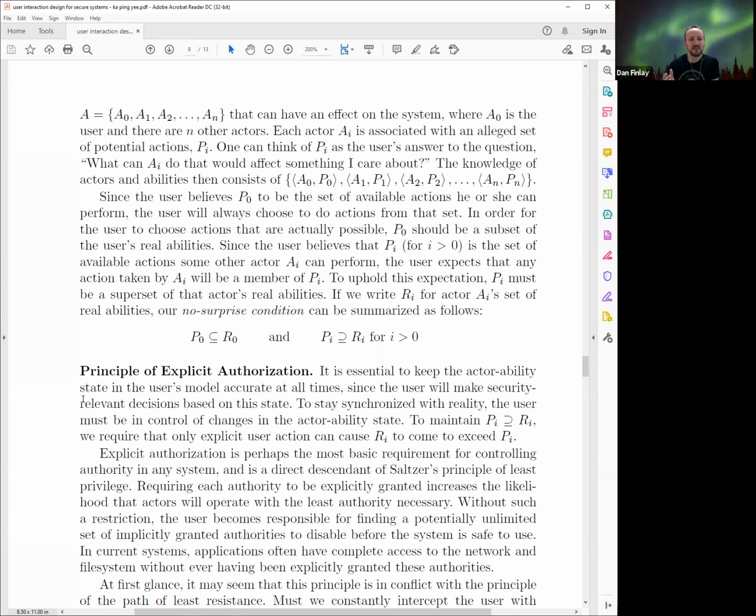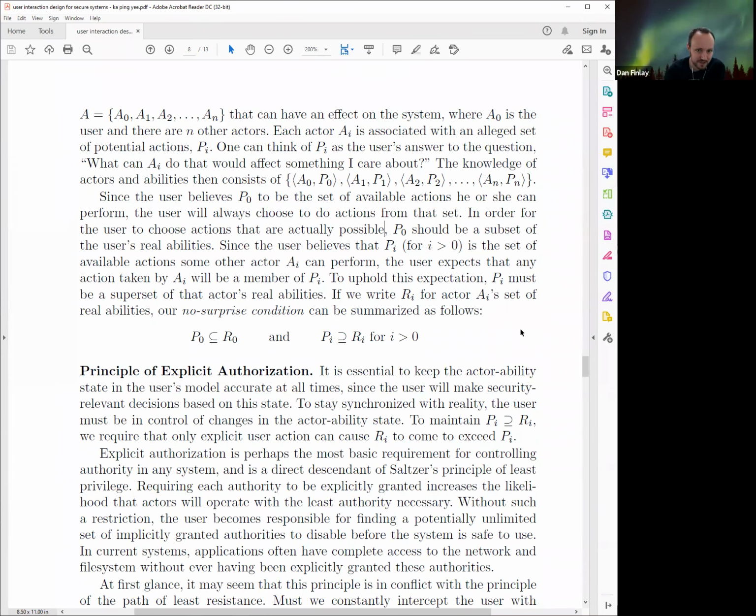Since the user believes their own possible actions to be the set of available actions he or she can perform, the user will always choose to do actions from that set. In order for the user to choose actions that are actually possible, P_0... sorry, since they said it, it sounded tautological to me, so I just want to see how they're distinguishing. An alleged set. So P, it's not their potential actions, it's their alleged set of potential. So the user believes their alleged set is what they can do. But in order for them to choose actions that are actually possible, then the alleged set should be a subset